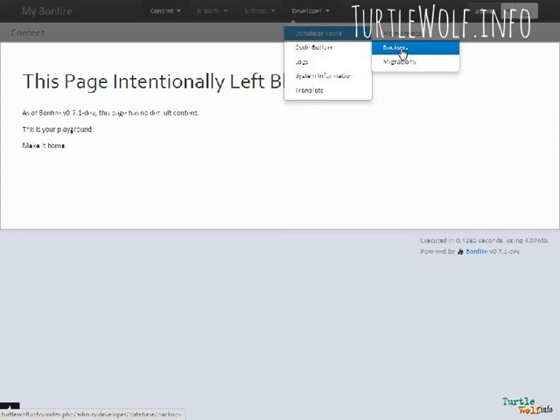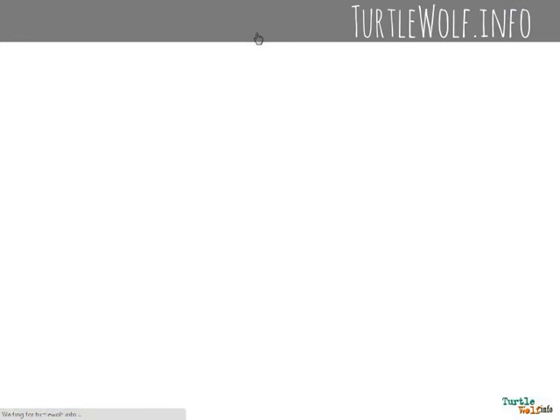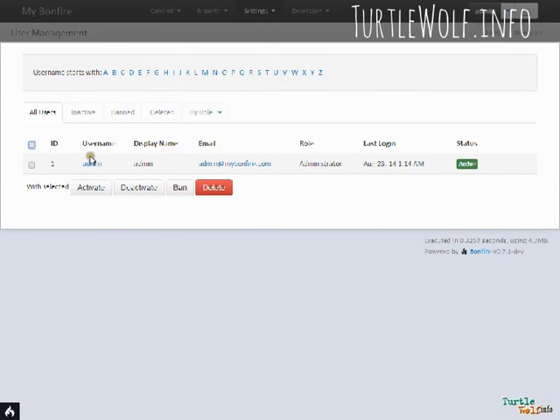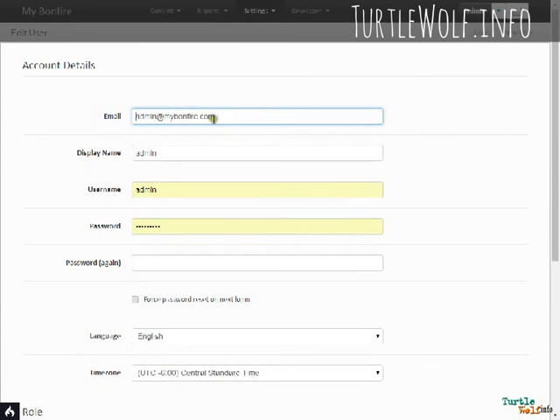But the first thing you want to change, and I feel like I've taken too long already, you never know what bots are out there working against you, is get underneath the users. There should just be one, the admin that just installed this, at FatCal, which is me. So I'm going to go ahead, you don't want to email yourself or whoever this person would have been. If you don't want to go to turtlewolf.info, like I say, sometimes I'm changing that to experiment with different things. You can find me at John Polner